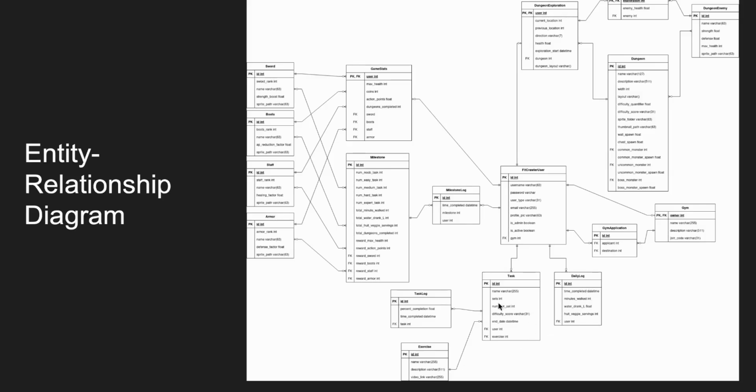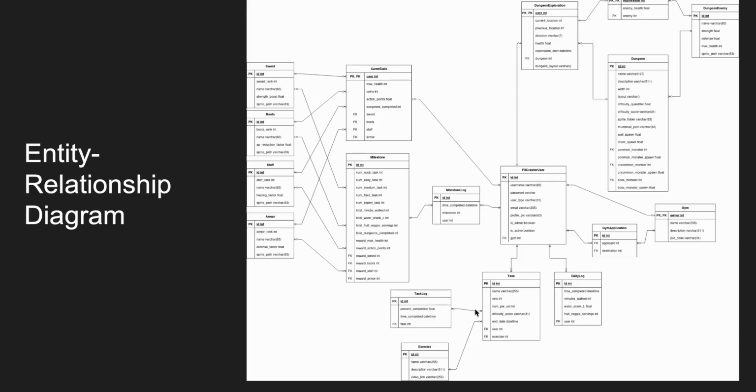The task will specify the name of the task and all the details about it. So once a fit guild officer assigns a fit knight a task, an instance of this is going to be created, and it's going to be connected to whatever user that fit guild officer was assigning the task to. And that's also going to be connected to the exercises, so it's going to have an exercise included, so the user will know what they have to do. And it's going to be connected to the task log,